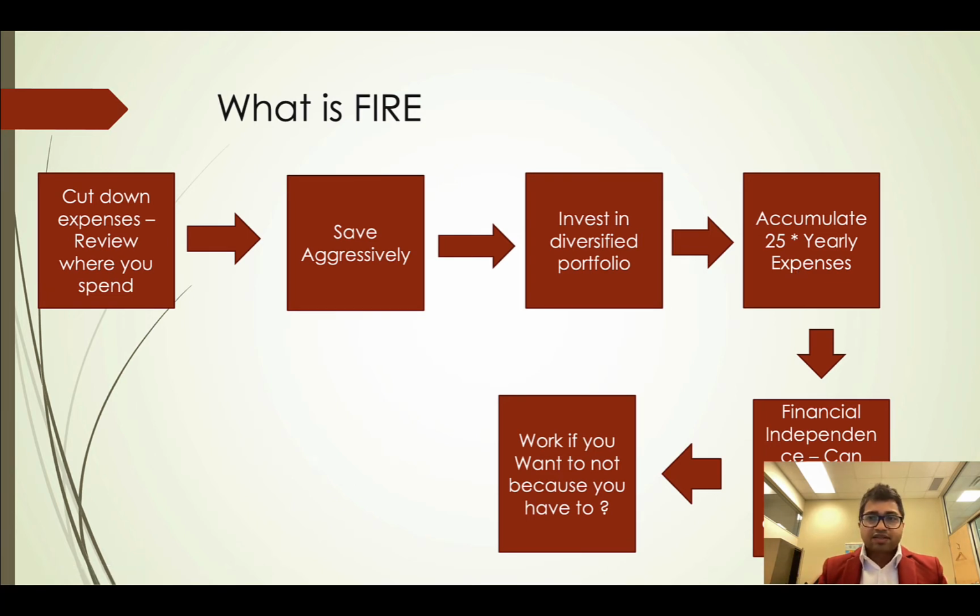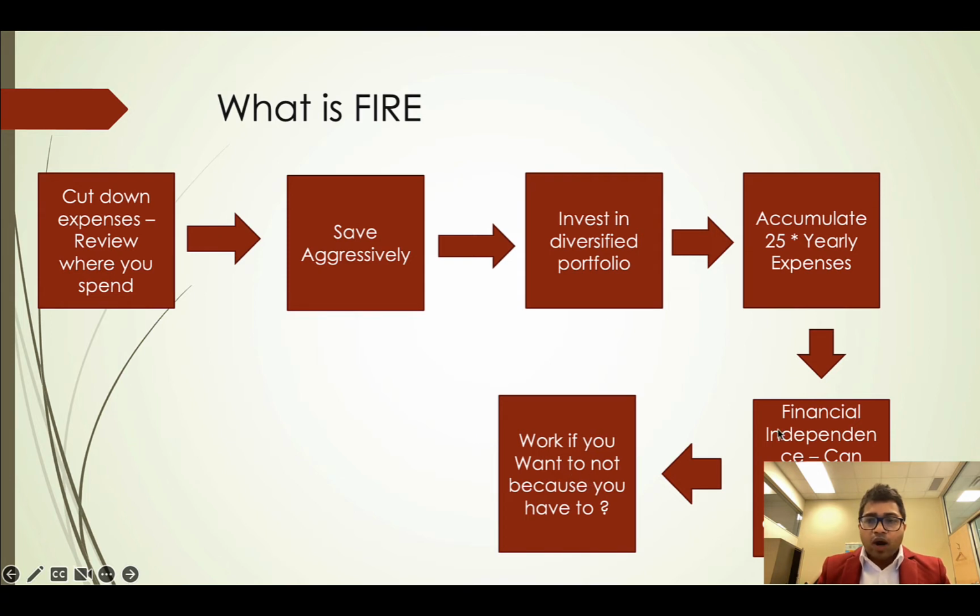If your expenses are $100,000 a year, then our objective is to achieve $2.5 million, 25 times our yearly expenses. So why do we do that? So that we can have financial independence. The rule is, if you accumulate 25 times your yearly expenses, and that is your savings and investments, you can take 4% out of that every year without depleting it, without running out of money. So if you can achieve $2.5 million and you want $100,000, that is 4% of 2.5 million. You can withdraw that every year without running out of money.